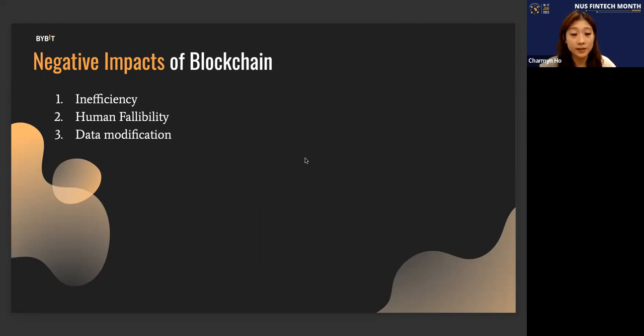Even for veteran users, due to the huge number of attack vectors like phishing and dusting attacks. If a user loses his or her private key, they will no longer be able to access the wallet and their assets. So the blockchain's dependence on its users is definitely a limitation, because all humans are necessarily fallible.